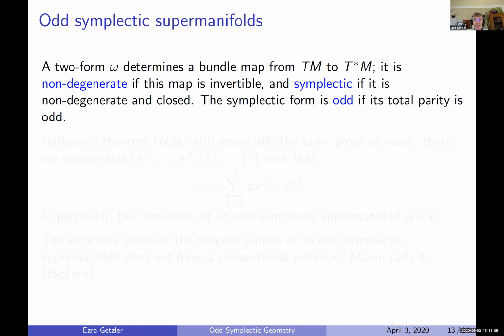What that means is that the two form defines a bundle map from the tangent bundle to the cotangent bundle, which exchanges the even and odd parts of those superbundles. So since the cotangent bundle is dual to the tangent bundle, its superdimension is the same as the tangent bundle. So in other words, n and m have to actually be equal in order to have an odd symplectic form. So,